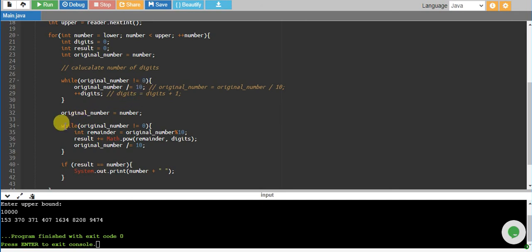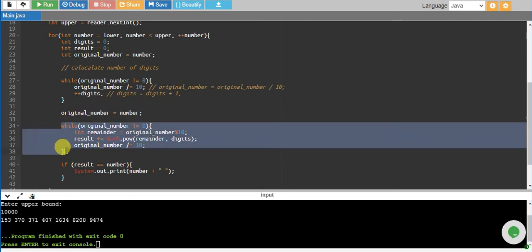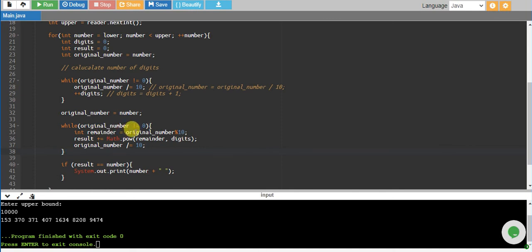We have started a while loop in which we take one number at a time. What the remainder is doing: let's say you have the number 153. If you take the remainder by 10, you will have 3 as the remainder, because 15 times 10 is 150, and you have 3 left, so you get the last digit. So taking the remainder by 10 will return the last digit. We have the last digit.